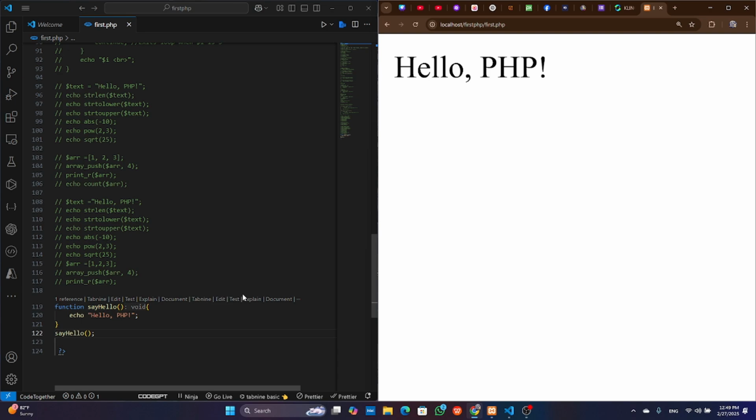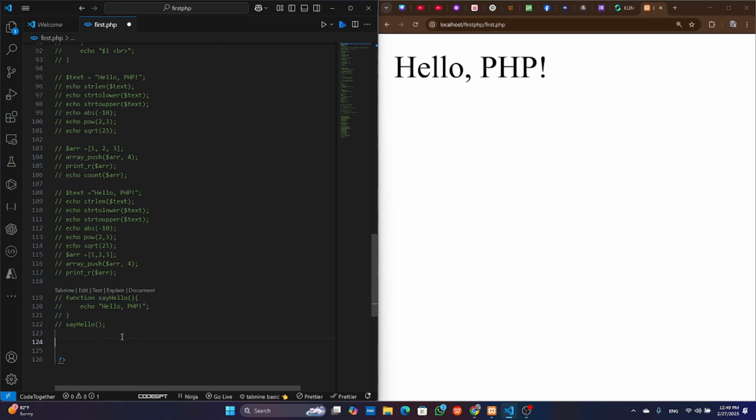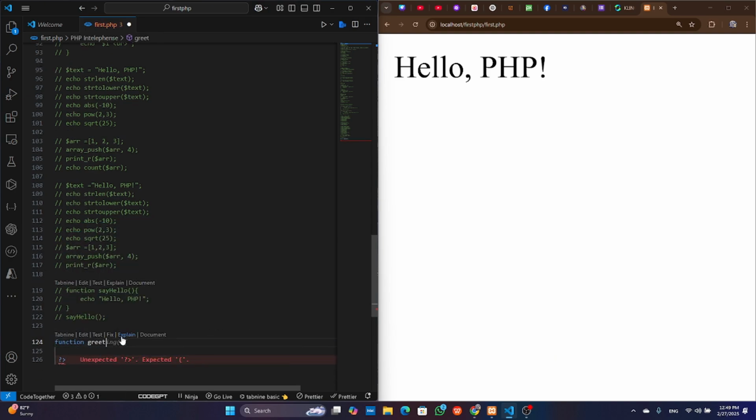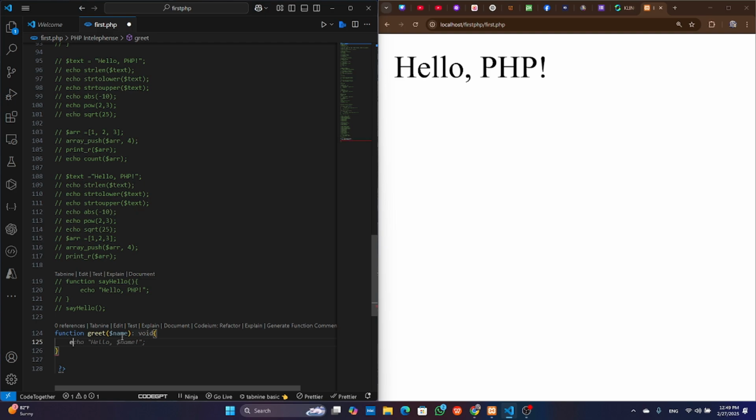But what if we want our function to work with different values? That is where parameters come in. A parameter is a value we pass into a function to customize its output. For example, I create a function greet, and I declare a variable name, and I echo hello and name,